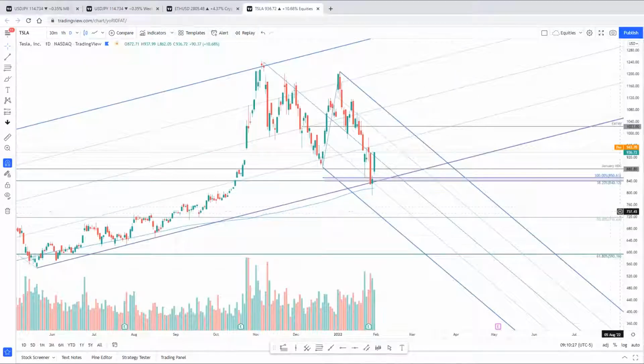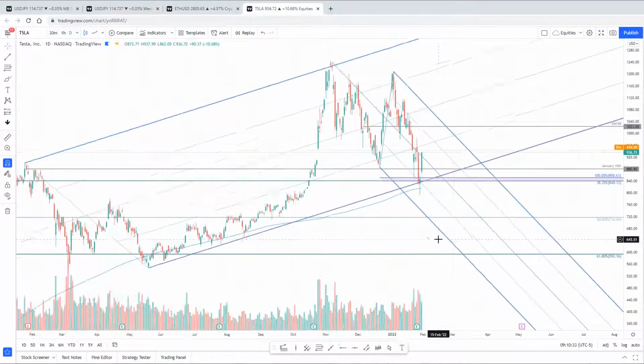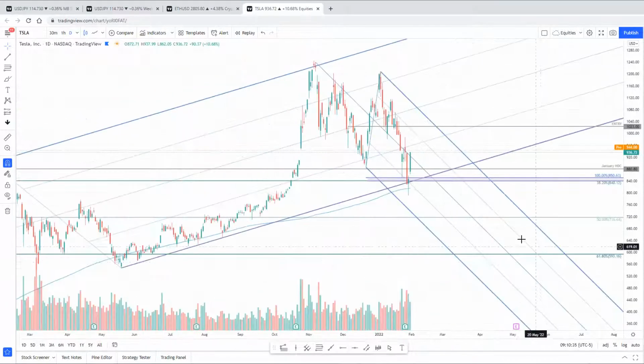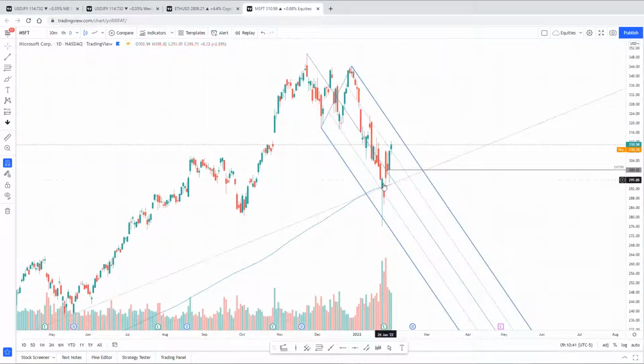On the stock side of things, there's been a lot of movement. So I just wanted to highlight key support did hold here in Tesla, a stock that I still am involved in. 850, 840, that's still the critical range of support that needs to hold. You're seeing some pretty decent rebounds in everything. Again, disclaimer, I'm holding longs on Microsoft as well. That was a really decent bounce there.